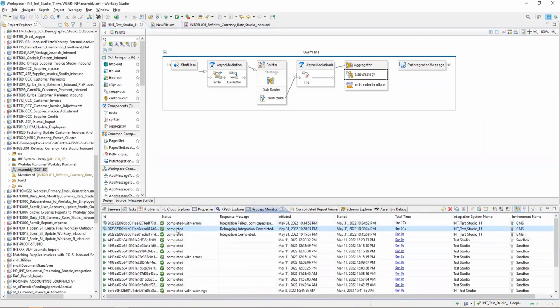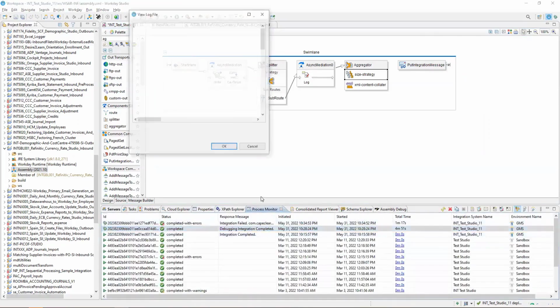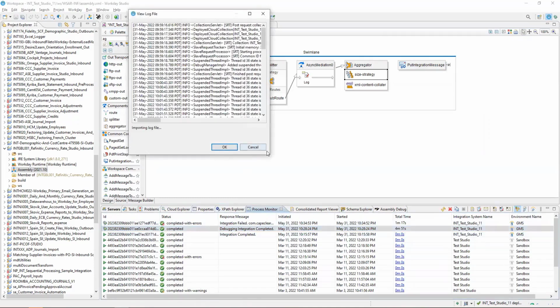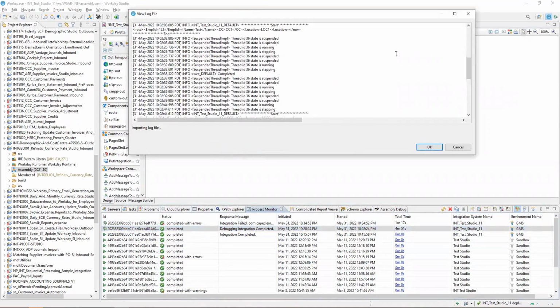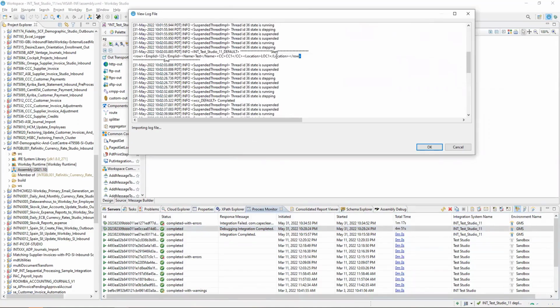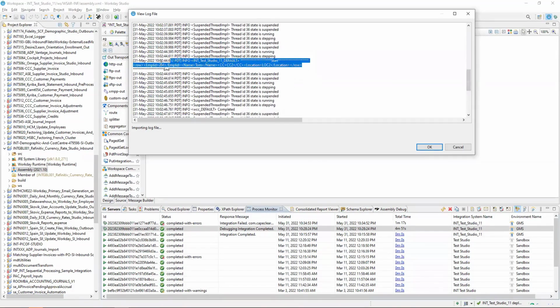In the process monitor, if I open this file, yep. So if you see, here we are getting after the splitter, this from row. And it doesn't have an XML header, right, to make it a valid XML file?